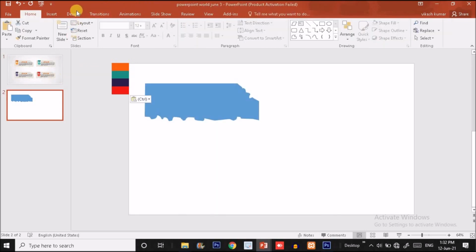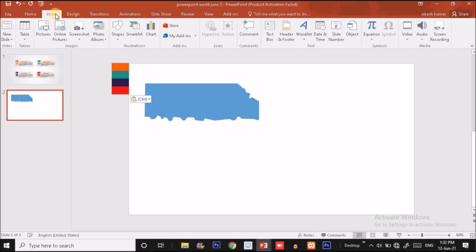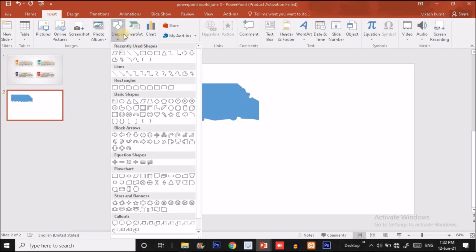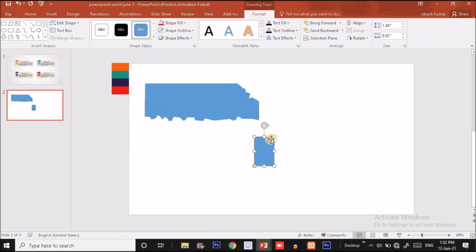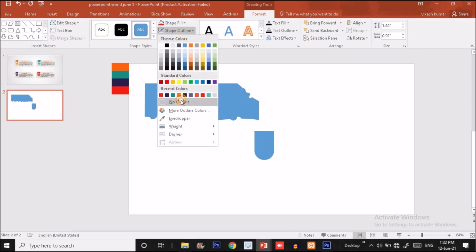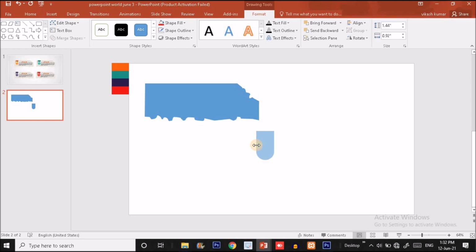So now the next step, we have to create this label effect over here. For this, I'm going to use rounded rectangle option. So I'm going to press insert, inside the shape I'm going to choose this option, round same side corner rectangle. So this option you have to choose and drag a rectangle like this. You will find a yellow dot, so click and put the yellow dot at the center, so that we will get a full round edge on one side and the corner at the other side. Okay, so now I'm going to flip it vertically like this, and remove its outline by choosing no outline option.